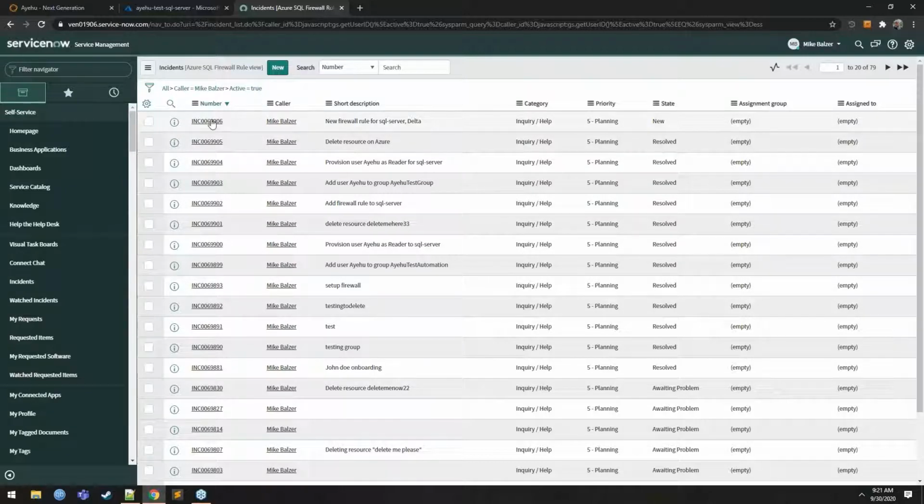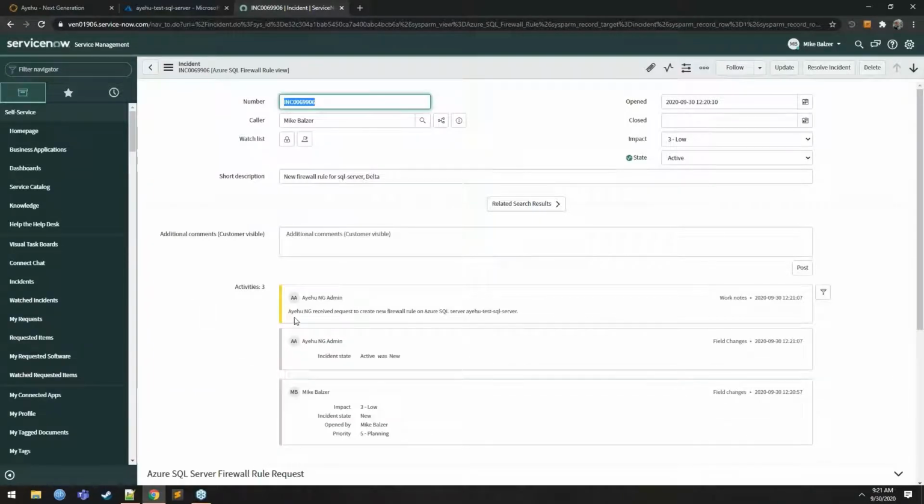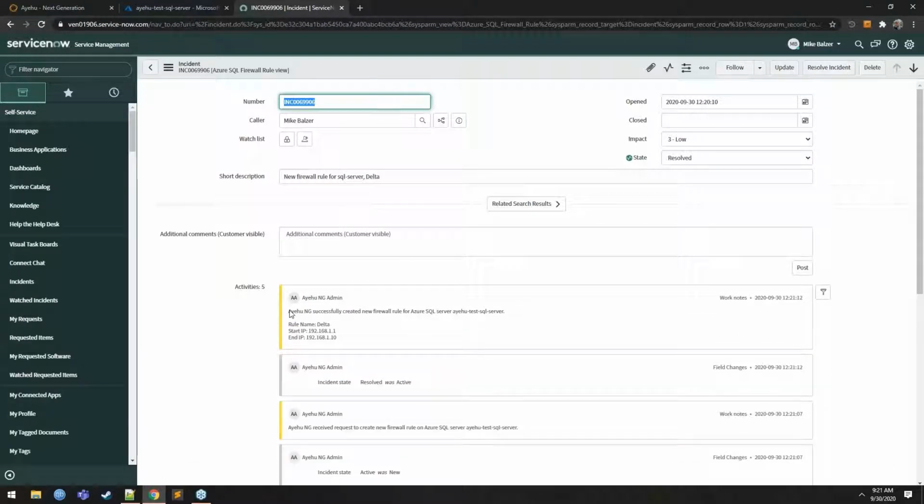Move back to our ticket in ServiceNow. You can see that Ayehu NG has received the request and has successfully created our new firewall rule. You can see that here, Ayehu NG successfully created a new firewall rule for Azure SQL Server Ayehu Test SQL Server. Our rule name is Delta. Our start IP is what we selected, 192.168.1.1, and our end IP is